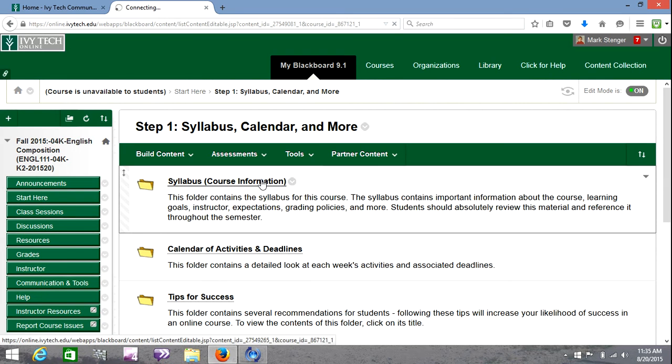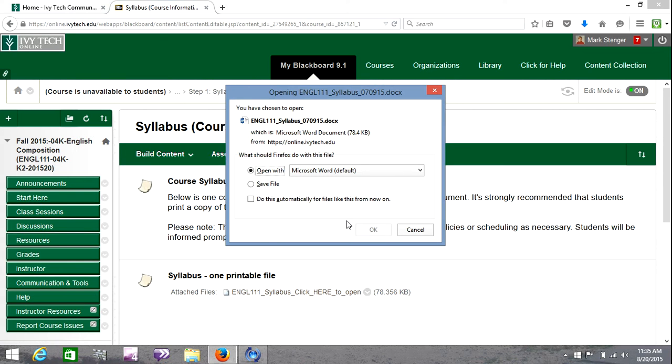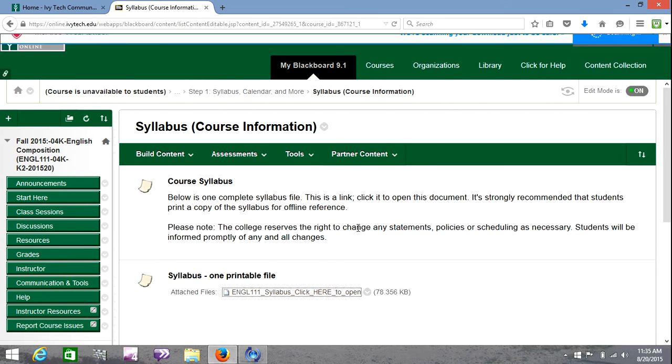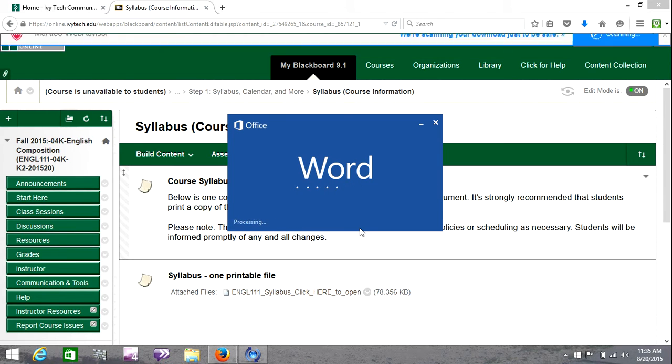When you print it, you can make notes in the margins, you can reorder the pages, whatever works for you. And there's also a quiz over the syllabus, so you might as well print it out and have it handy when you take the quiz. It's not that the quiz is difficult, but if you want to check something, you can refer back to it.